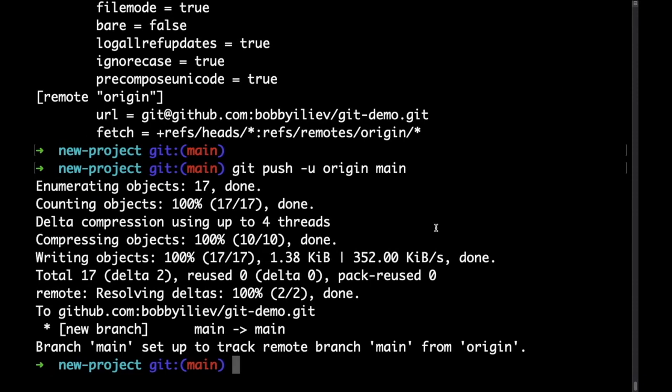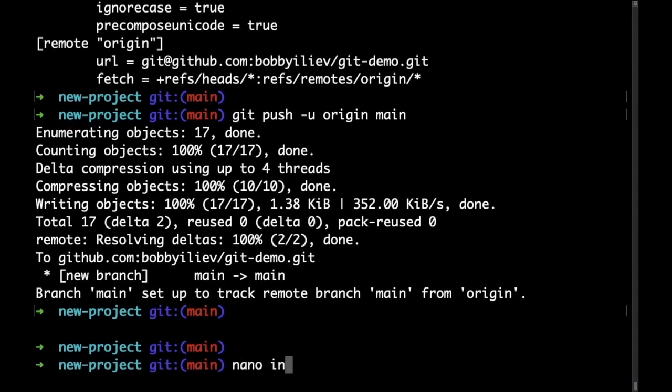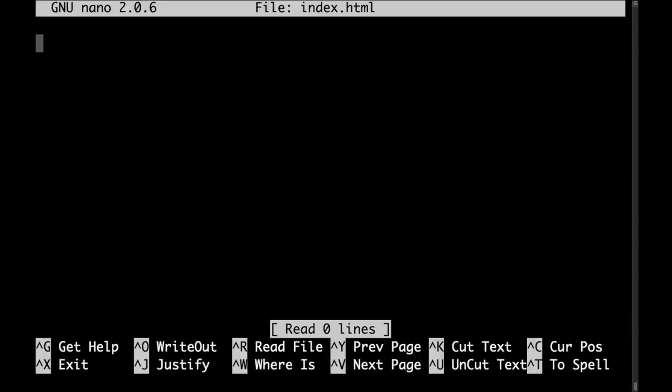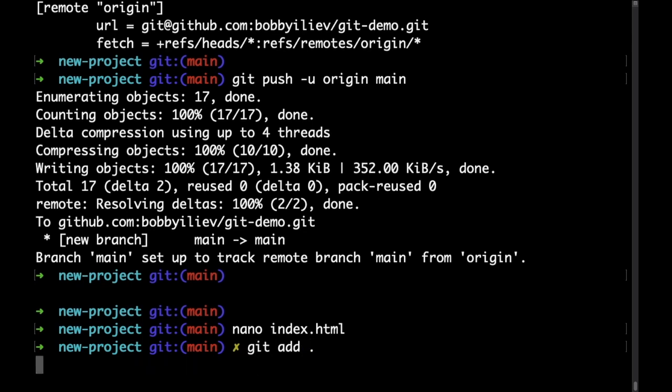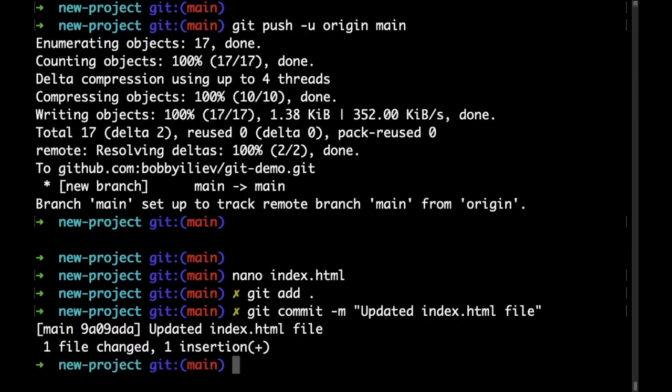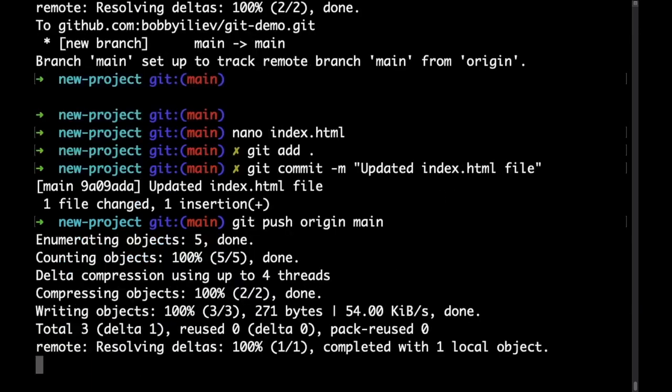So let's go ahead and make another change. Let's go ahead and update our index.html file, and let's say, hi there. Save that. Then again, with git add, let's add it. Then with git commit, let's say, updated index.html file. And now we can do git push origin and then the name of the branch, which is main, because we're working currently on the main branch. So if we push that,